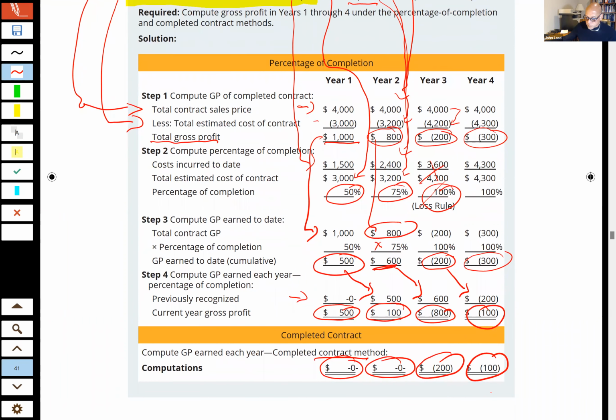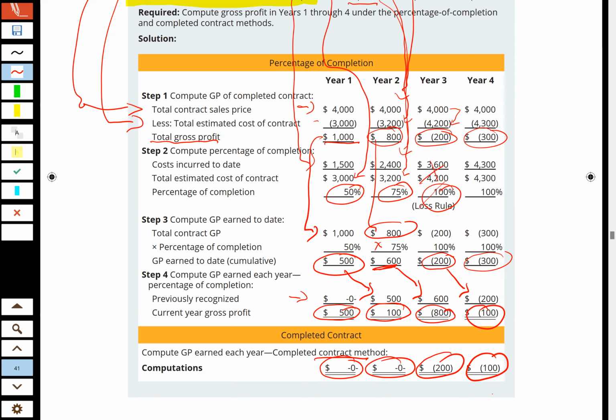Question? So I have a quick question. So for year 1, if you calculated $500 of gross profit, then you won't take it next year. You will just subtract from the profit which you got in the current year from the prior year, if I'm getting it right. Yes, that's correct. Oh, okay. And the more interesting part of this is in year 3, once you determine you have a 200,000 loss, you have to take 800 to back out the previous 600 you've taken, 500 in year 1, 100 in year 2. Okay, sounds clear. Thank you.